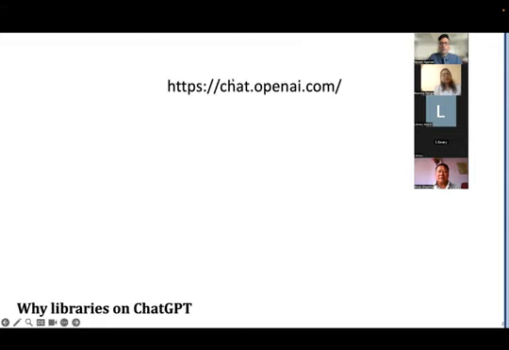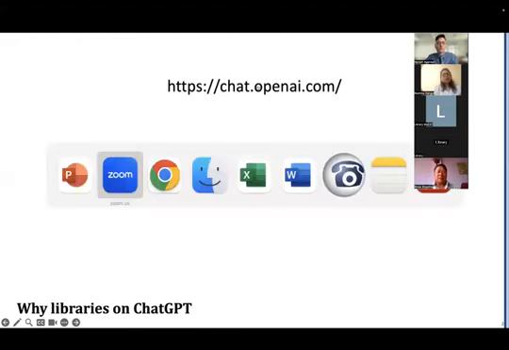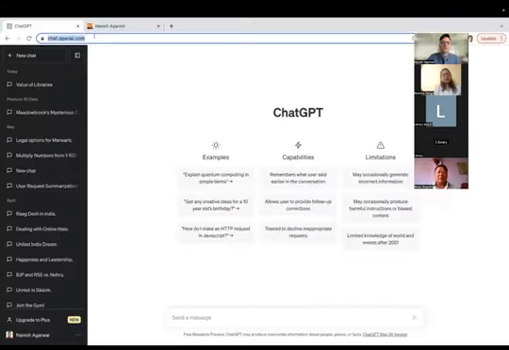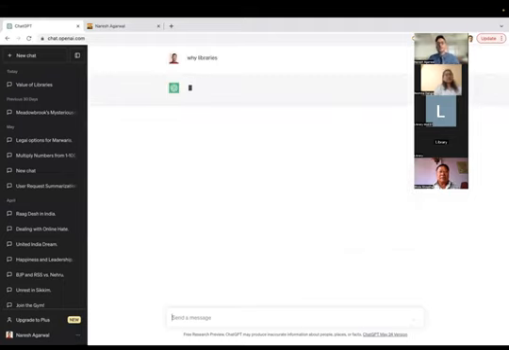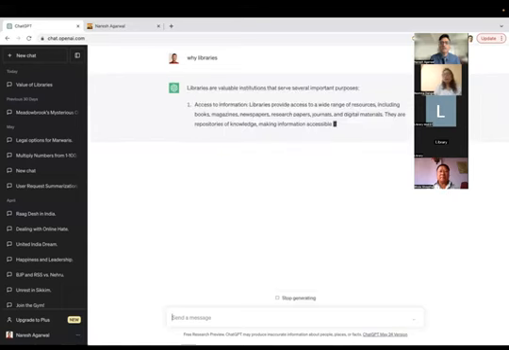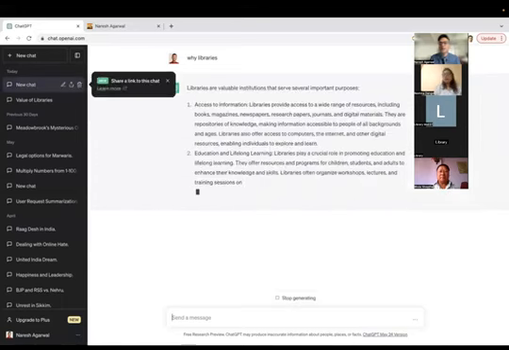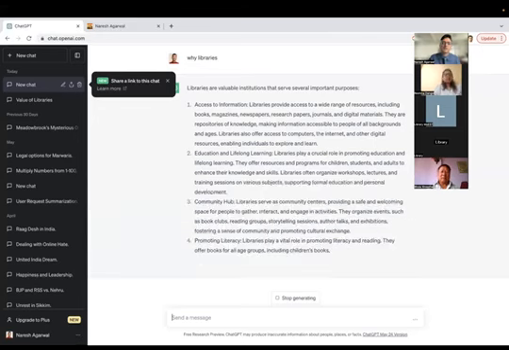And let's do the same search on ChatGPT. So I have ChatGPT open here. If I search for why libraries, ChatGPT will hopefully give us some answers to these questions, when we talk about library advocacy. So it says,